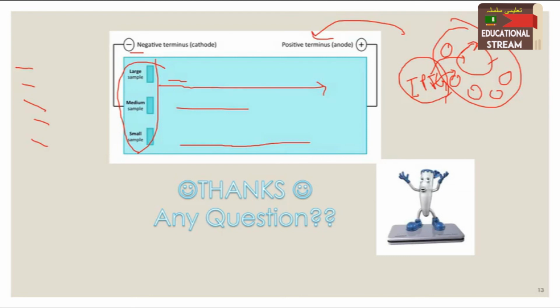Then we studied the discontinuous and continuous gel, that mostly we use the discontinuous gel in which we need to prepare two gels, one of which is the stacking gel and the other is the resolving gel, and the stacking gel is used to stack all the samples together at this point, and then they enter into the resolving gel. We provide a different concentration of current to it, and now the pH is also different in the resolving gel, which will affect the structure of the glycine, which is an important component of the buffer. And then we can track the movement with the help of the bromophenol blue, to see how much the sample has moved.